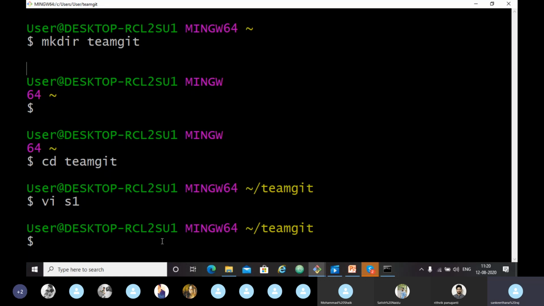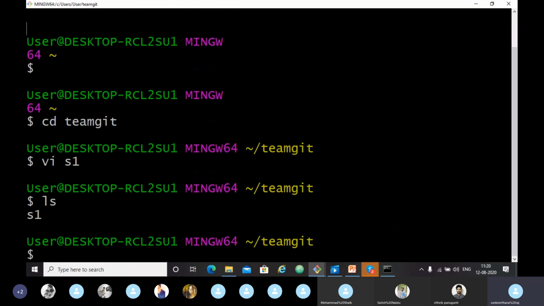So now we want to see what the contents of our directory are. If we want to see that, we just have to type ls. S1 is our file. The ls command shows S1 as the file in our teamgit. So now we can make this directory hold a Git project with the git init command.